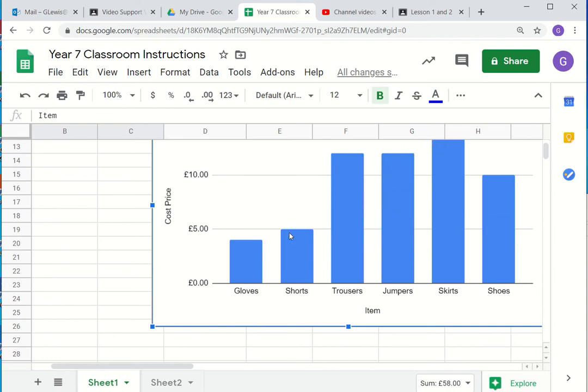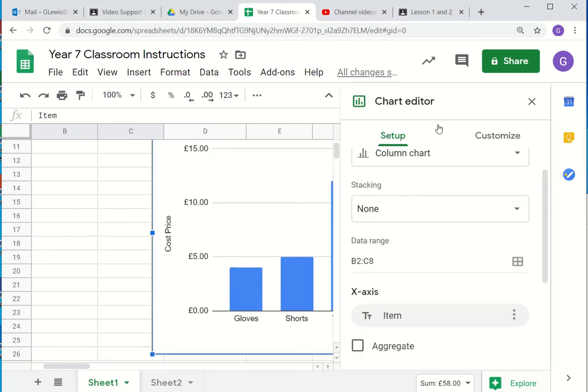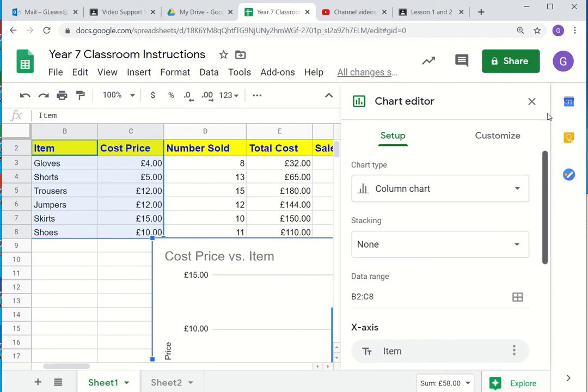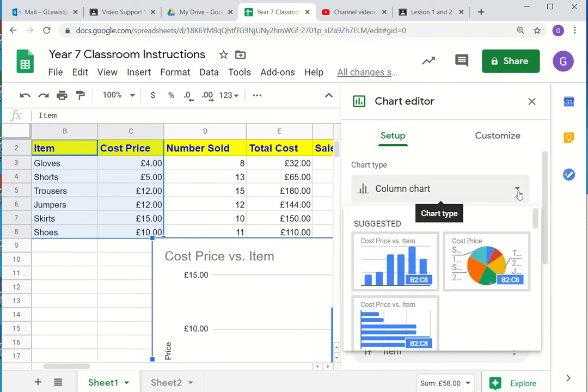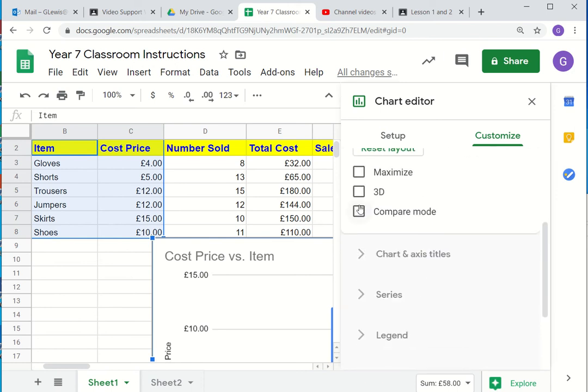If I click on the chart by double clicking, it'll come up with the setup for the chart itself. So options through here are the setup. You can have a pie chart, which we'll look at in a moment, or a bar chart. A column chart goes upwards, a bar chart goes horizontally. So we can customize all these different things. So chart style, and have a look through some of these options, making them 3D. If I scroll down,